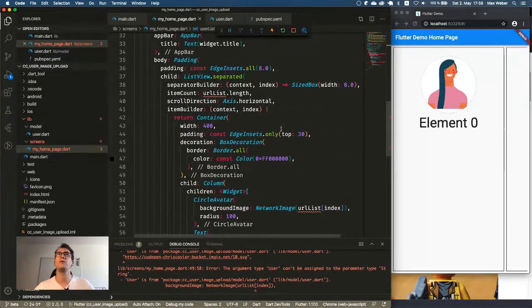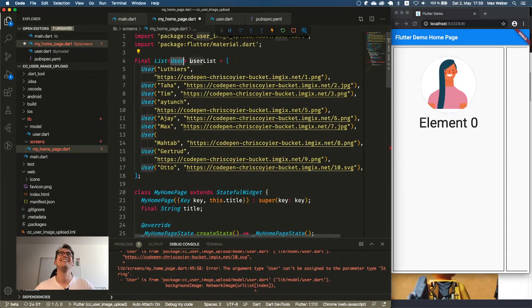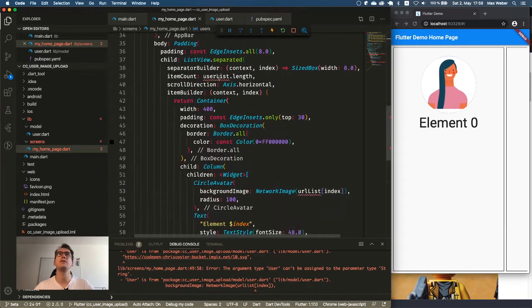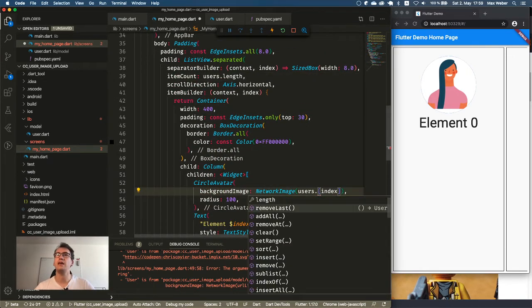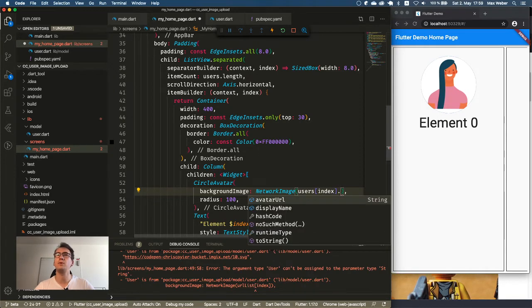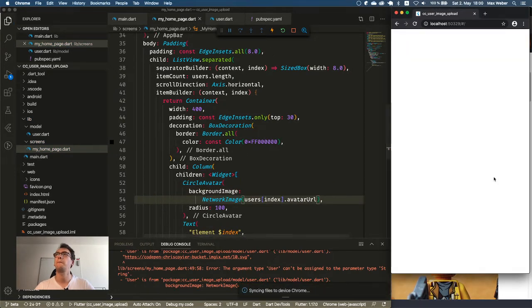So, go. Okay, now we have a list of users, we have the avatar URL, we have a broken code base, that is all fine, because we changed the name to a users list. So the users list is a bad name, we just call it users, because the plural of user is already a list, we know that, so remove that list here. And here we have the index still, but then we want to access the avatar URL.